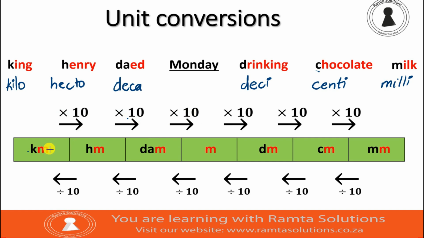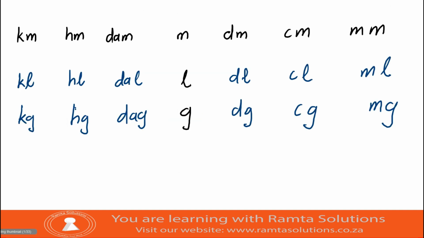Now imagine if you are moving from kilometer to meter, you will be multiplying by times 10, times 10, times 10, which is 10 times 10 times 10, 3 times, right? So this will be 1,000. Okay, but we're going to look at it